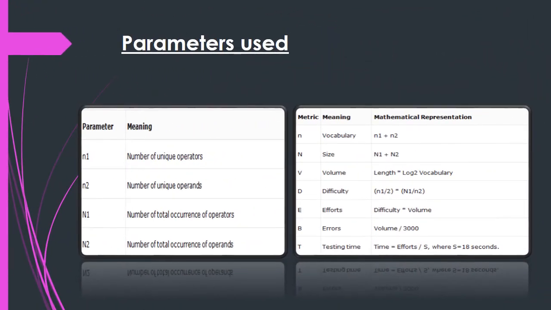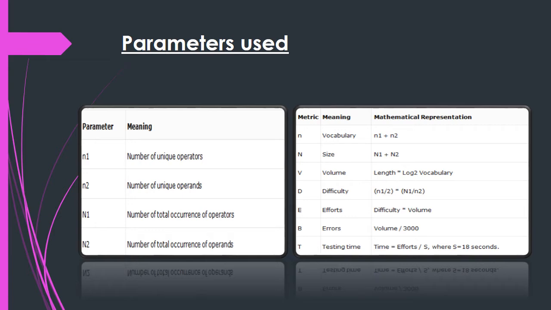Now these are the parameters used in the Halstead theory of software science, and sometimes they are asked in the examination in question form, like calculate the program volume, or calculate the program vocabulary, or calculate the program size. All these numericals you can find out based on these formulas only. You just have to remember these parameters and their meanings, as well as their formulas, in order to calculate the program length, program volume, effort to implement, and time to implement a software product. On the basis of these formulas only you will be able to find out the numerical part.